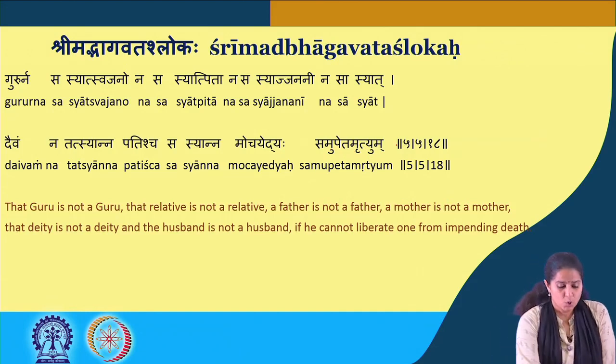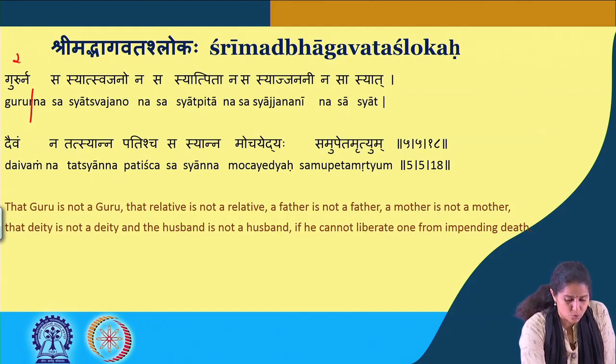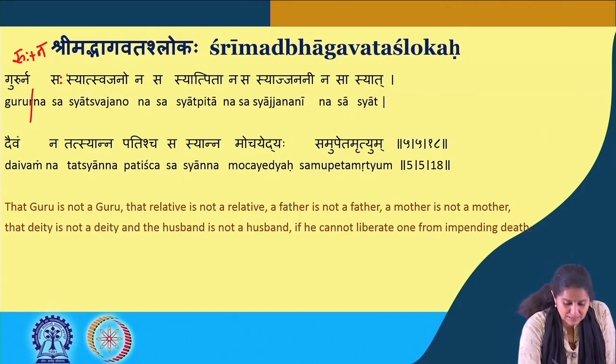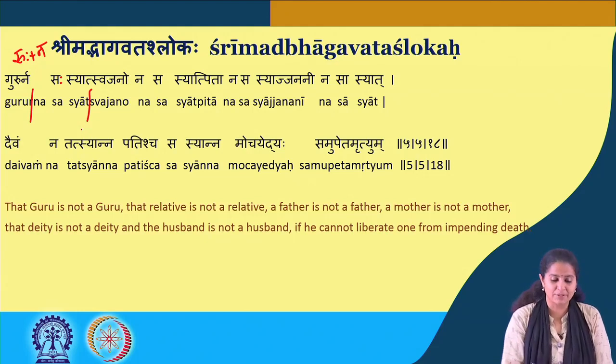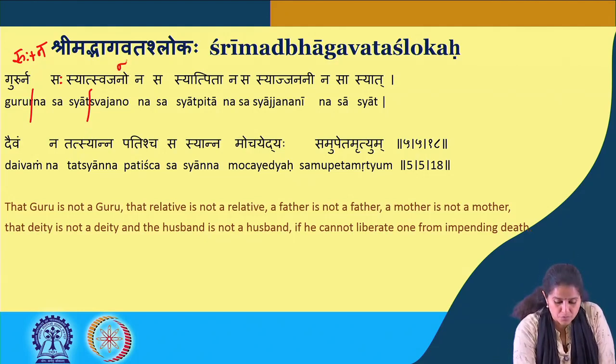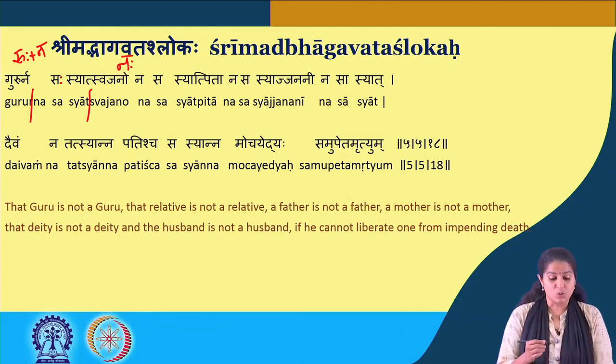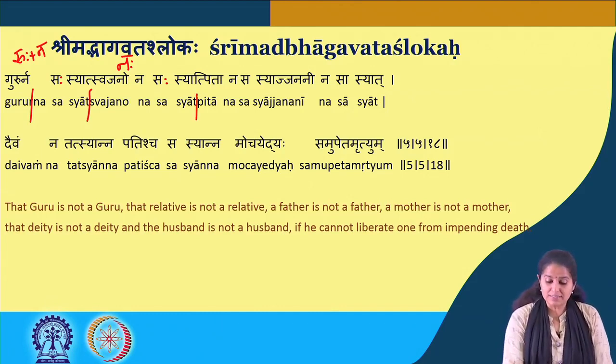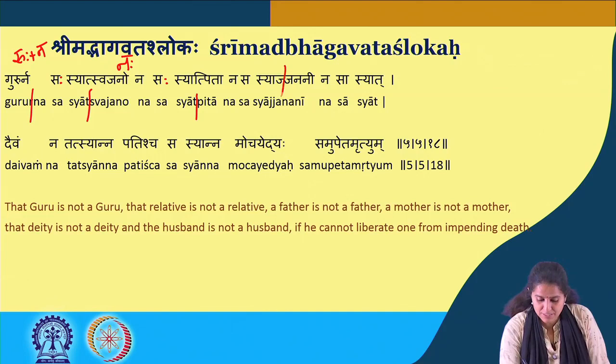Alright, so what is he saying there? Gurur na sasyat. So gurur na, there is a sandhi there, so it is guruhu plus na. Okay, guruhu na sasyat, there is also a sandhi there, sahasyat, as you can hear the grammar there, swajano. So we know that that is a sandhi, visarga sandhi, swajano na sasyat. So again we have a visarga there, pita na sasyat, janani, so there is a vyanjana sandhi here where it is syat plus ja becomes syat ja.